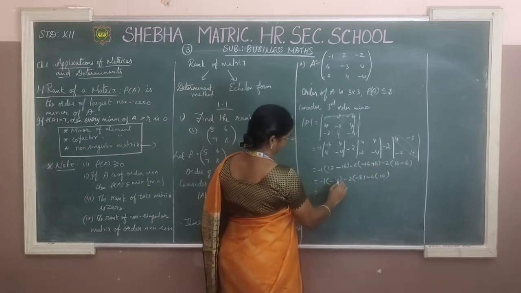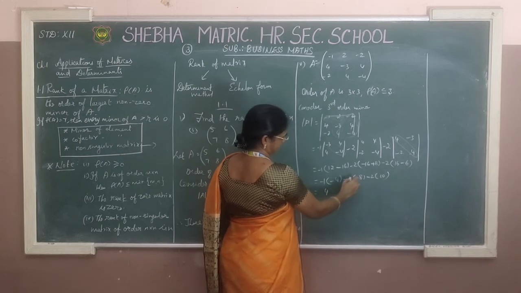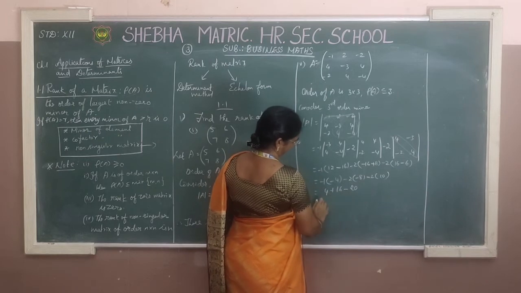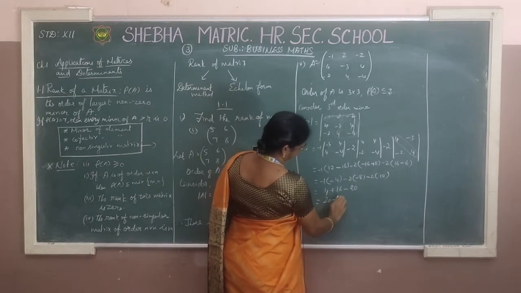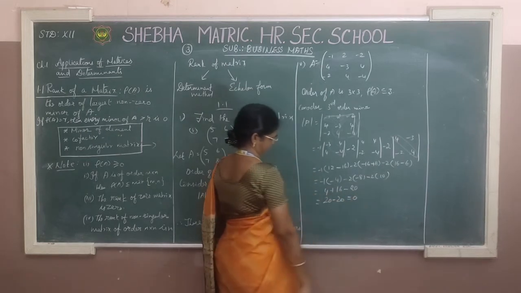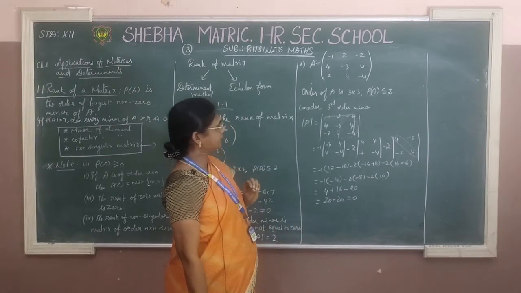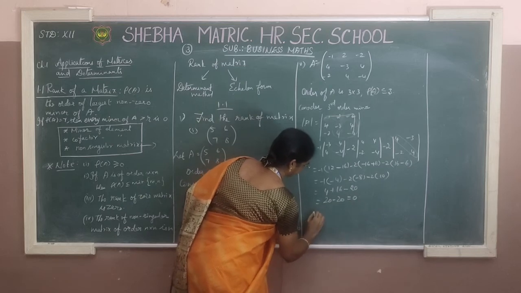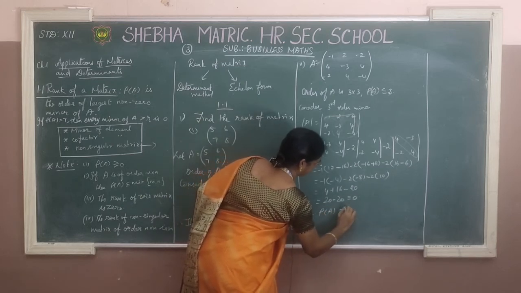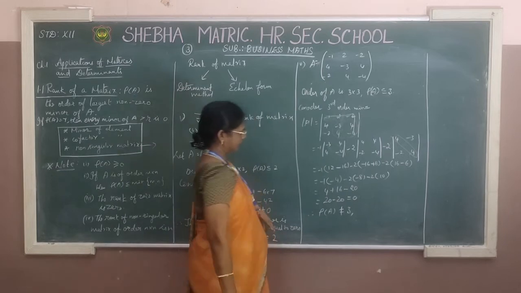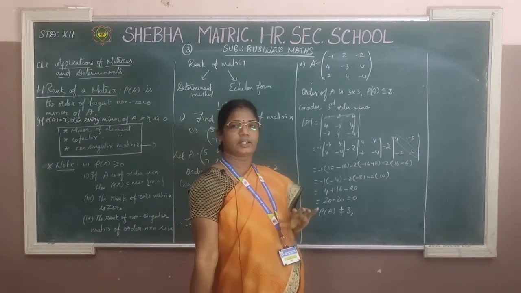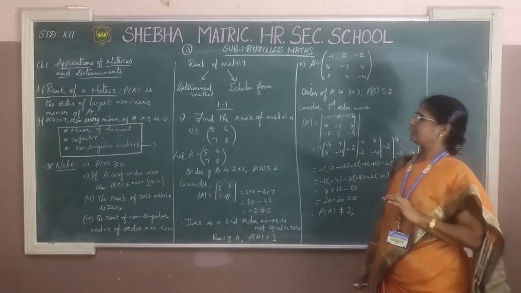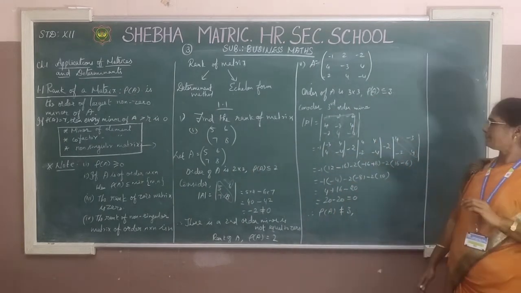Okay. The next step, write here minus 4, and minus 2 into minus 16 plus 8 is minus 8, minus 2 into 10. This is equal to minus into minus plus 4, and minus into minus plus 8 2s are 16, and minus 20. So, we get 20 minus 20, which is equal to 0. So, our rank is not equal to 0, isn't it? Therefore, this is 0. Therefore, rank of A is not equal to 3. Next, check it for second order minor. Okay, listen carefully and copy the sums in your notebook.